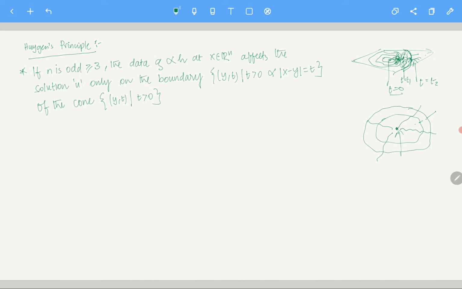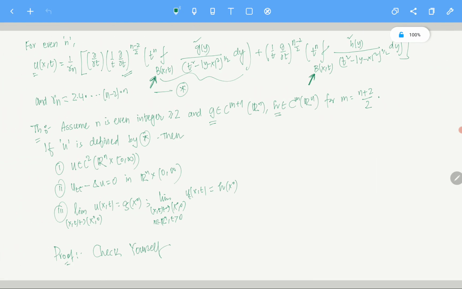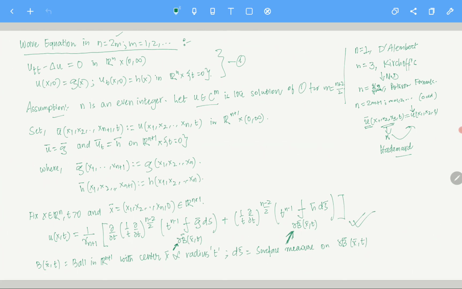Okay, sorry. And |x - y| less than t. Okay, that's what you saw. So basically it depends on just the boundary of this thing. That's what we saw, right? You see, in odd dimension I wrote the cursor from this one, right? You see, it depends on just the boundary. Yeah, it does not depend on